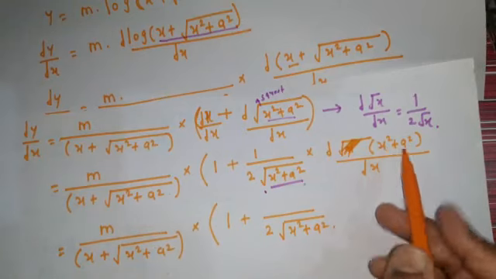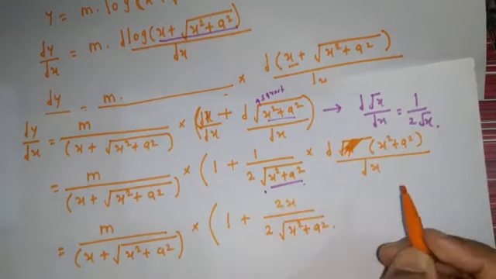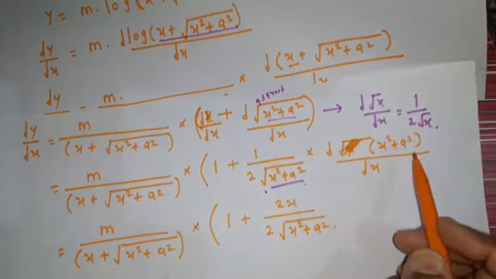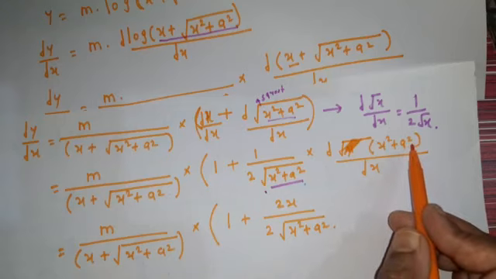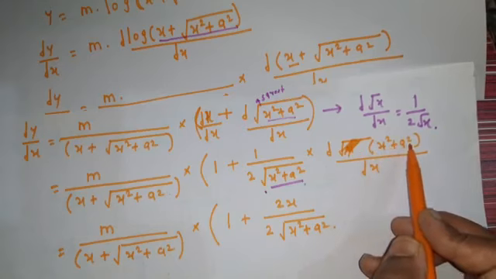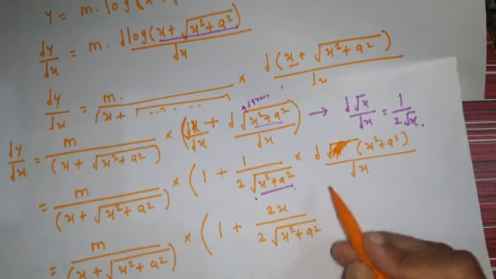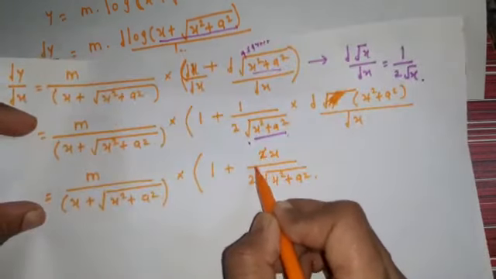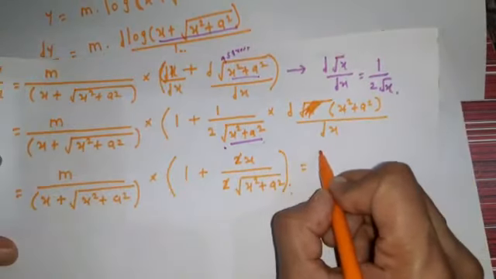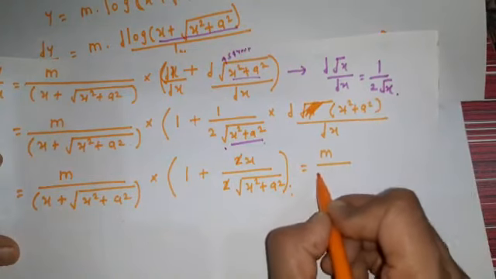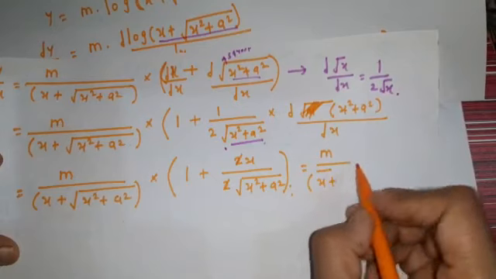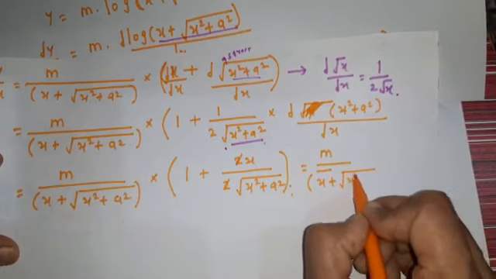So differentiation of x square is 2x. And differentiation of a square, a is a constant number, that's why its differentiation is 0. That's why differentiation of x square plus a square, the whole differentiation, is 2x here. These 2 get cancelled. And this is equal to m upon square root m upon x plus square root of x square plus